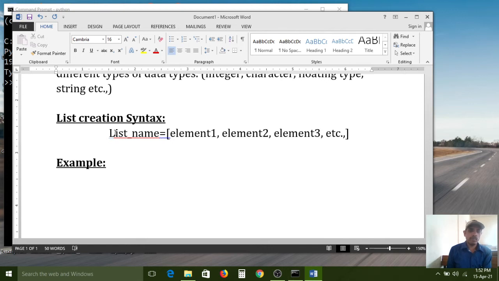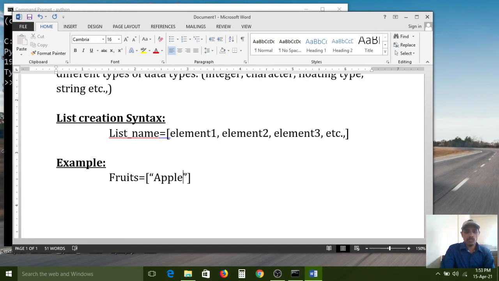Here I am creating a fruits list. In between square brackets, I am configuring alphabets, strings, so in between double quotes I am using these names, and this entire name is called an item or an element.